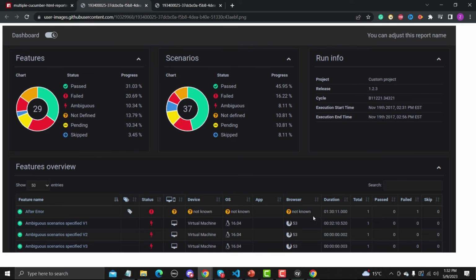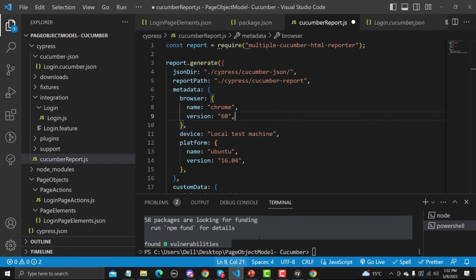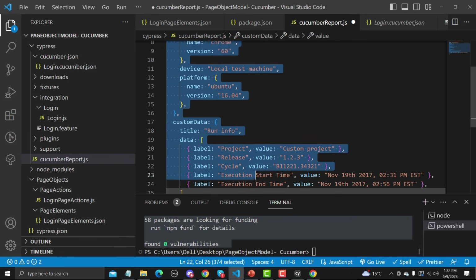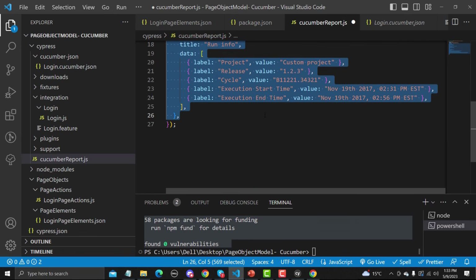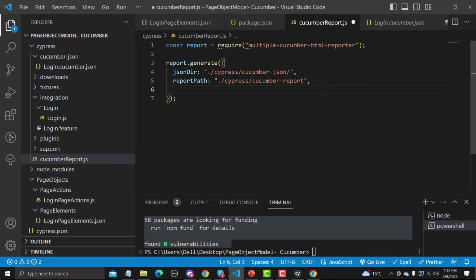Meta can be defined for the report. So right now I'm not doing this one. Simply what I'll do is go back here and remove this part from here. We'll be going with the very simple things here.